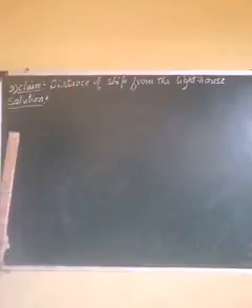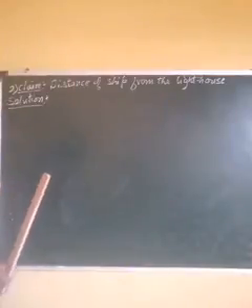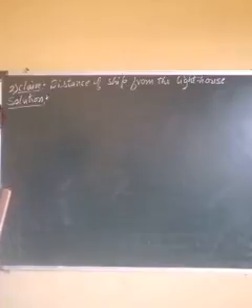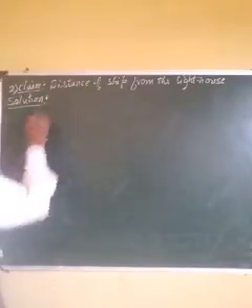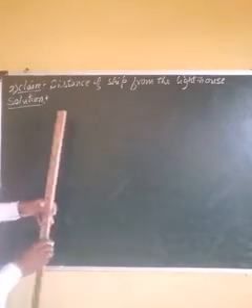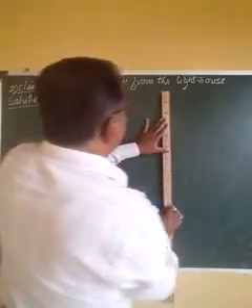So students, we come to the second question. From the top of a lighthouse, an observer looking at a ship makes an angle of depression of 60 degrees. If the height of the lighthouse is 90 meters, find how far the ship is from the lighthouse. Root 3 is equal to 1.73. They have given the value of root 3. So accordingly write down the claim and then draw the figure.